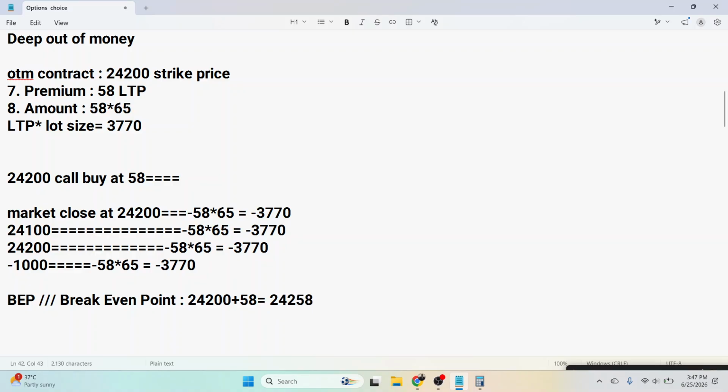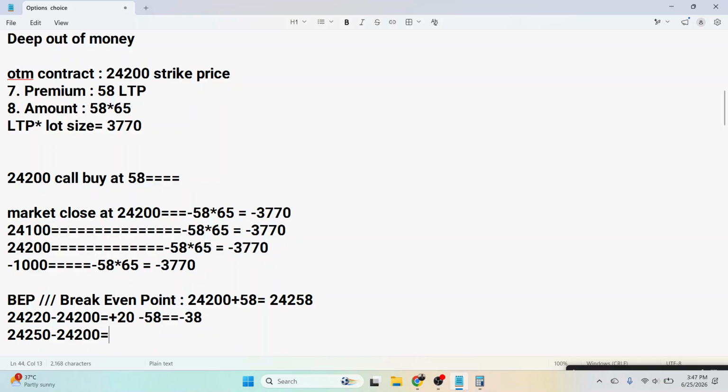अब क्या होता है, मार्केट 200 से ऊपर तो जाती है लेकिन 258 के ऊपर नहीं जाती, तो उस केस के अंदर क्या होगा, मान लो मार्केट 24,220 पे बंद होती है। ठीक है, अब हमने 24,200 की कॉल खरीदी थी, तो इसमें से जब हम माइनस करेंगे तो हमें एक्चुअल में 20 रुपए का प्रॉफिट हो रहा है। ठीक है, वी आर मेकिंग प्रॉफिट ऑफ 20 रुपीज़, बट हमने 58 रुपीज़ पे कर रखे हैं, तो 58 तो वहाँ चले गए और 20 हमें मिल गए, तो ओवरऑल हमें नुकसान कितने का हुआ, 38 पॉइंट का। तो स्टिल हमें 38 पॉइंट का नुकसान। तो जब तक मार्केट, अब मान लो 24,250 भी चली जाती है, 50 पॉइंट ऊपर जा रही है, बट हमने